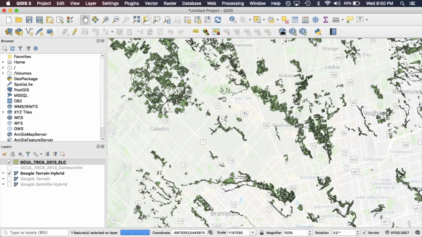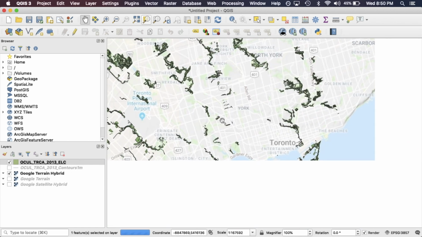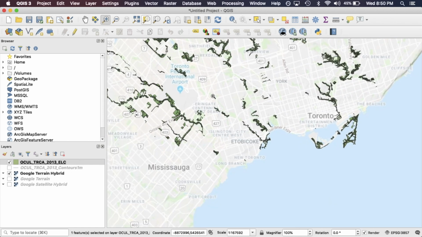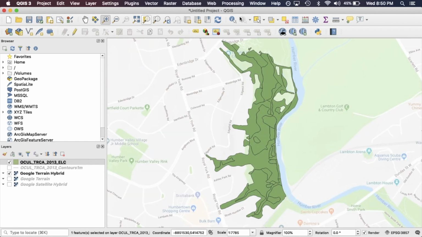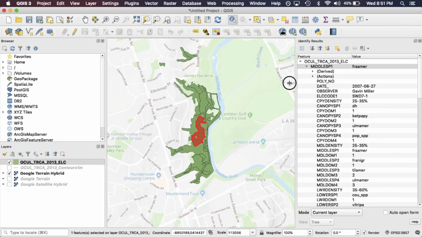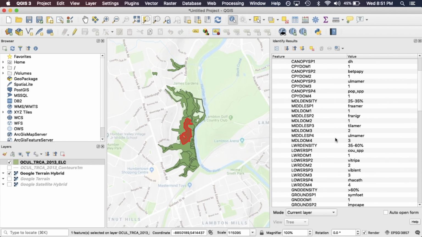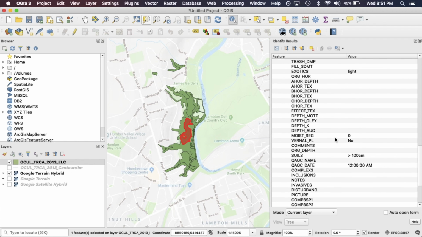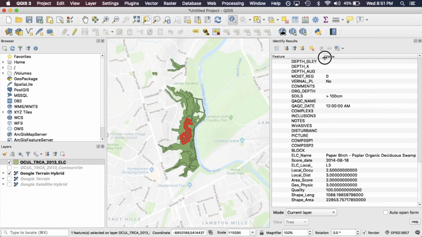Anyways, you can see that that's a pretty neat tool. The other thing is you can look at the map and then find the attribute table. So if we go back here, we can use this identify feature tool and then click. It'll pop up on the side here, some of the data. So we can scroll down, we'll see that this is a paper birch poplar organic deciduous swamp